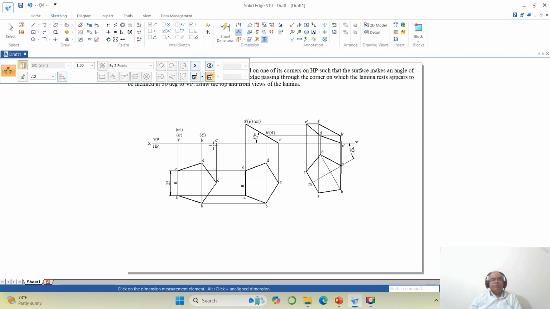How do I know that my problem is right? Even in the final position, you can see that the corner is resting on HP. The perpendicular bisector appears to be inclined to VP, so obviously you have an apparent inclination, and the corner is resting on HP, and the surface is inclined at 30 degrees to HP, and it is a pentagon of 25 mm side. Since we have considered all the data which was given in the problem to write the solution, hence our problem is